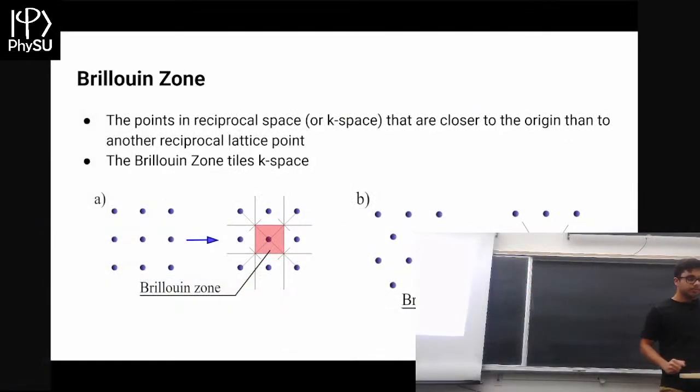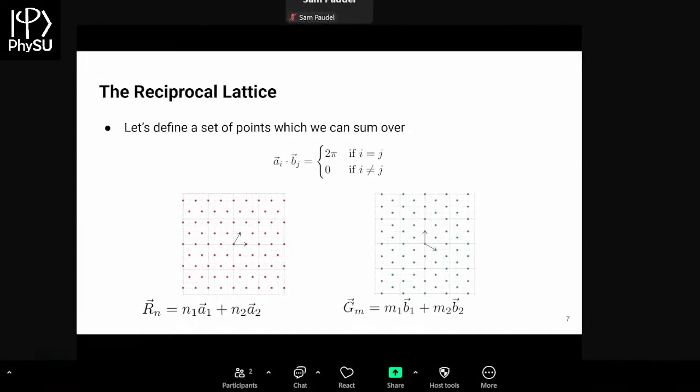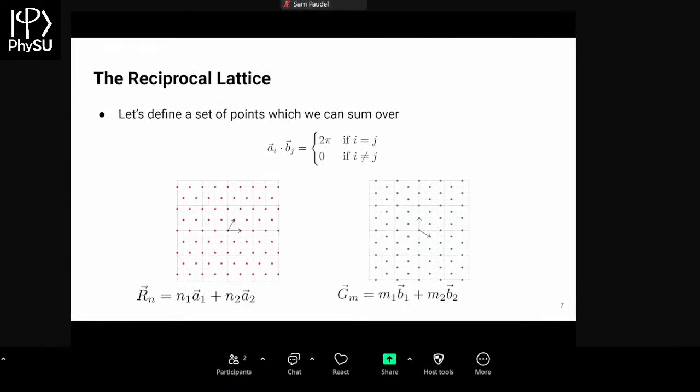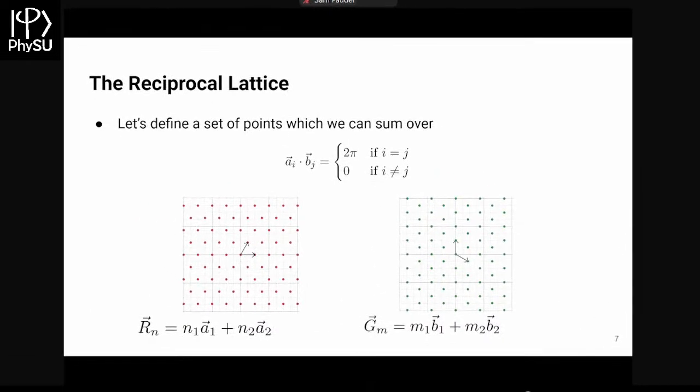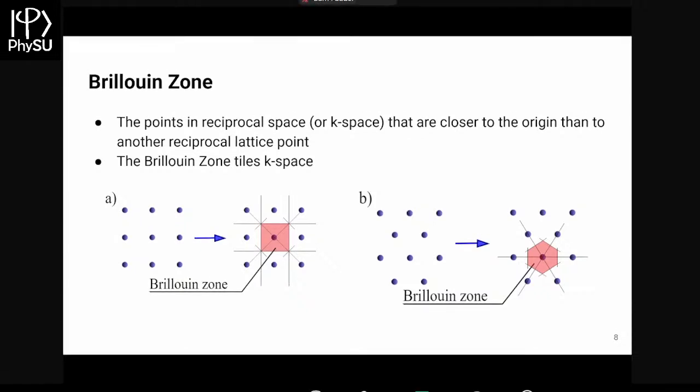After we have this lattice, we can define what's called a Brillouin zone. We saw before, if I go back, that on the left the triangular lattice is periodic, but on the right as well. From this periodicity, it turns out we can just look at a little segment of our reciprocal space. This red region here is defined as all the points that are closer to the origin than to any other reciprocal lattice point. We can just look at all the physics that happens in this little region, and then we can just repeat it over and over.